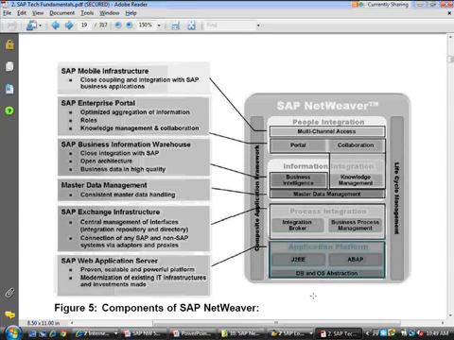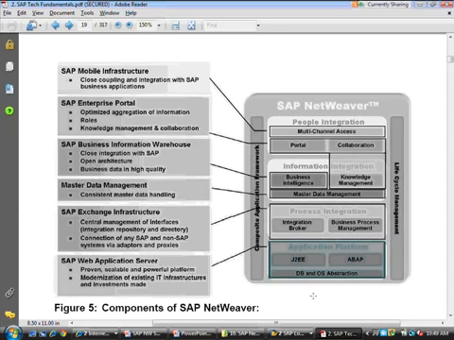Where you can migrate from one database to another database, one operating system to another operating system. So you don't need to worry about that. It can run on multiple databases, multiple operating systems.